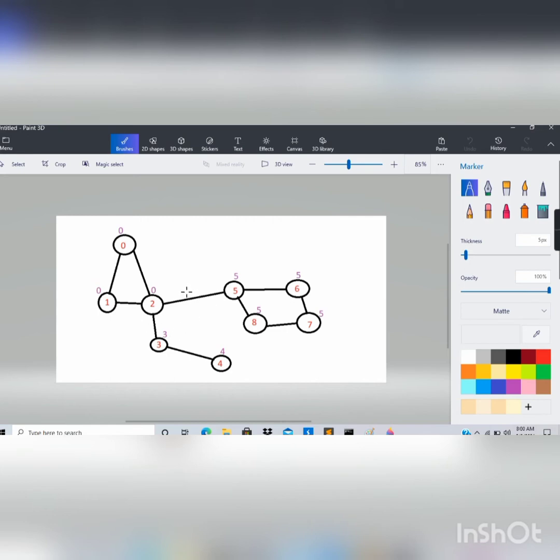all the conditions, and if the condition gets satisfied with any child, then that node becomes an articulation point. So node 2 is not a root node, so we'll compare its ID with all its children. So is its ID 2 less than or equal to its child's low link value? Yes, 2 is less than or equal to 5, which condition is true, so therefore node 2 becomes an articulation